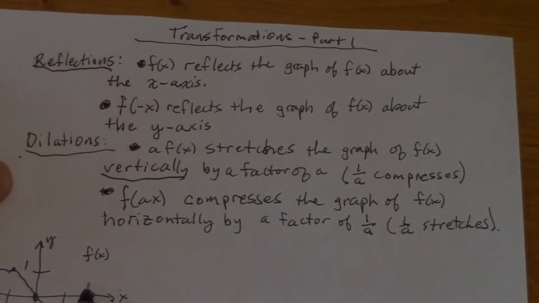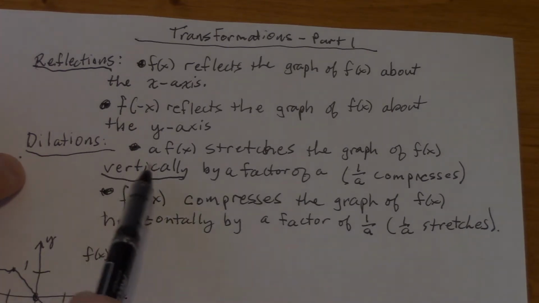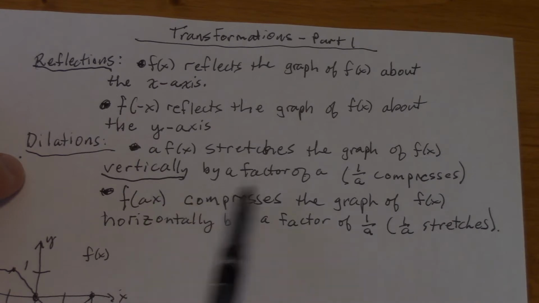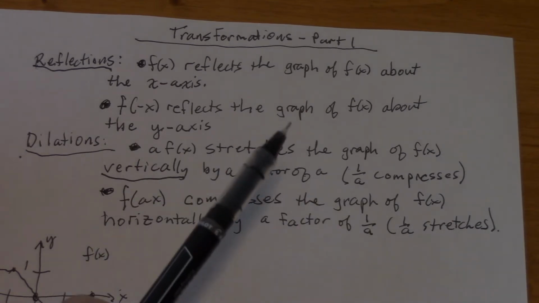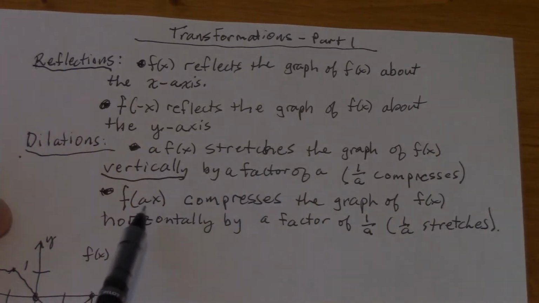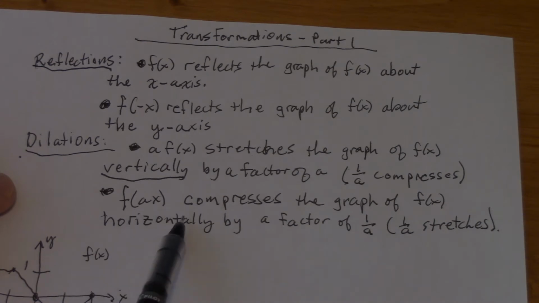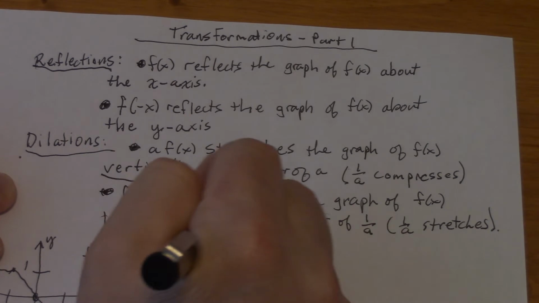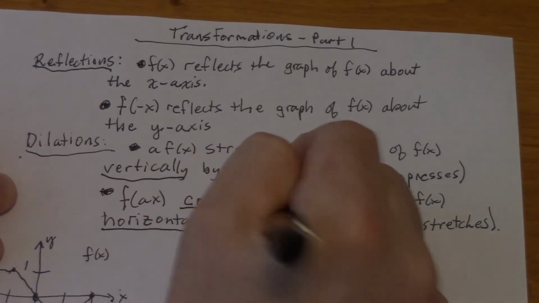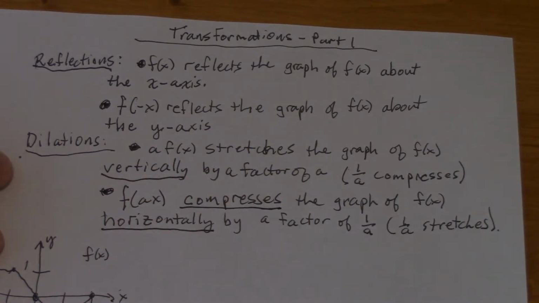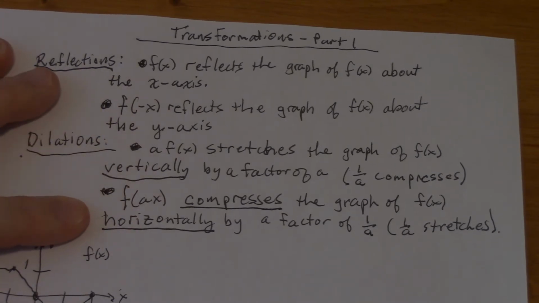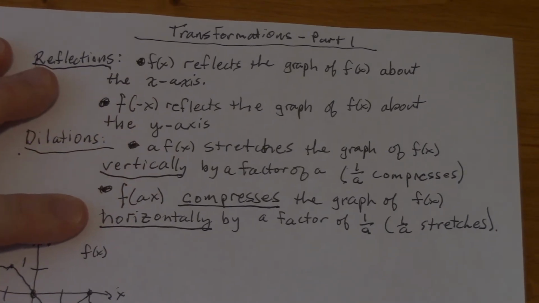Okay? Dilations. a f of x stretches the graph of f of x vertically by a factor of a. So 2f of x makes it twice as big. Okay? f of ax compresses the graph of f of x horizontally. So I should underline compresses and horizontally there, by a factor of 1 over a. This is the one that gets everybody confused,